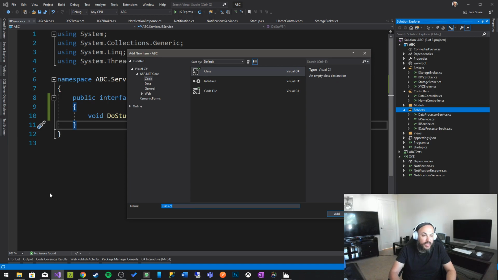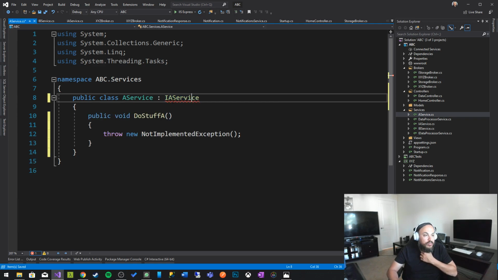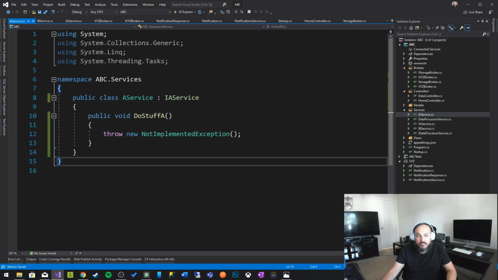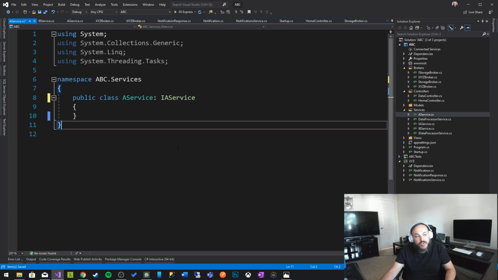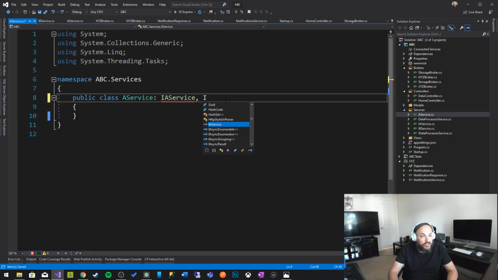So let's go in here and say A service, and A service implements IA service. And if you do Ctrl+period, it will do an implementation for you like this, which is awesome. Someone might ask me, when this is popping up like this, how come it's asking you to implement interface explicitly? What's the trick here? What's the deal here? I'll show you the deal. If you do something like this,